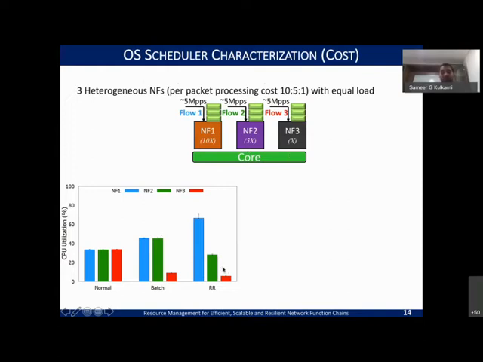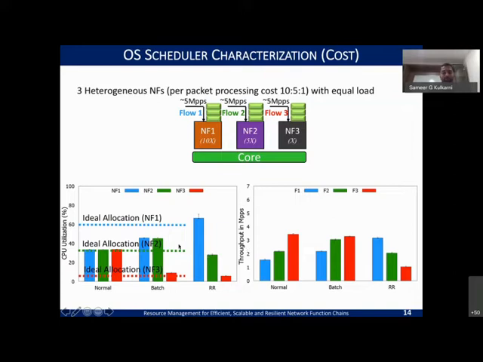Accordingly, different schedulers behave in different ways. Compared to the ideal allocation, the blue has exceeded for the round robin case for NF1, while NF3 is ideal, but amongst NF1 and NF2, because they contend for the time remaining, they can get in different proportions, right? Accordingly, this allocation of CPU has a good impact on how the throughput is achieved for these different flows, and you can see a good variation across these schedulers, right?